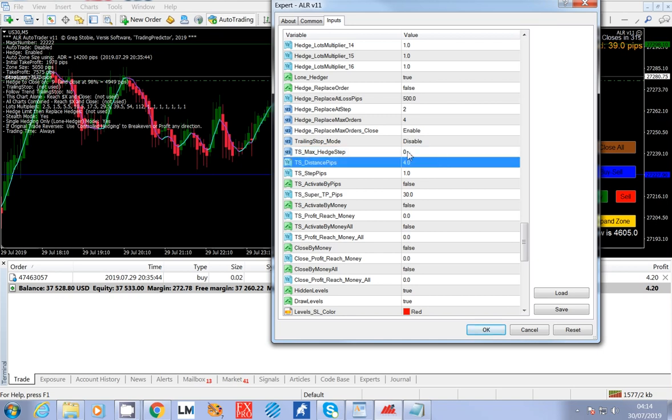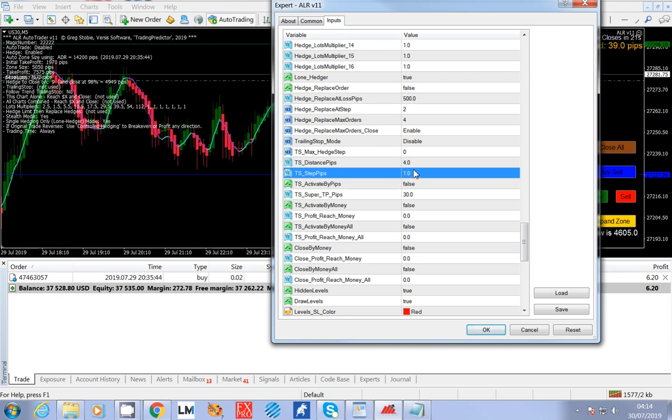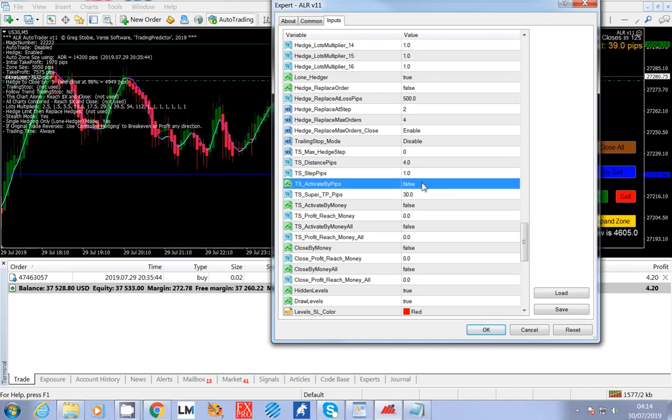Okay, the distance pips, of course, is how far you want the trailing stop to reverse before you regard it as a reversal and stop. That's the number there. The step is just the normal standard trailing stop step, kept at 1. Activate by pips. Now, the activate